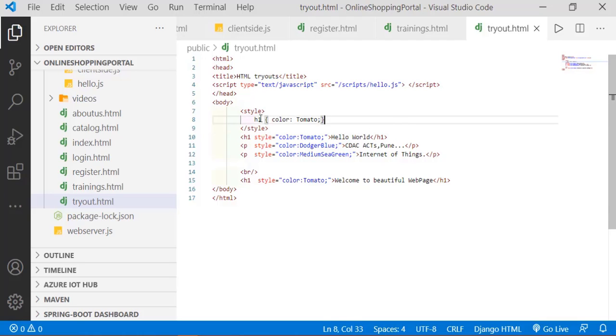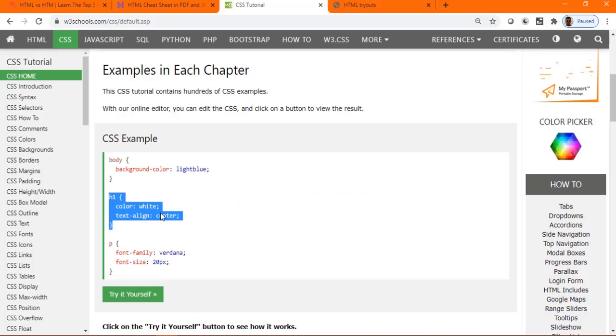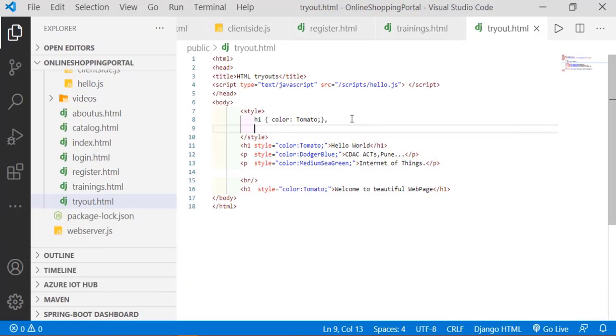Now if I have written the style here, can I also do the same thing for my paragraph? Can I go back and do one more thing here? I can write a comma here, and write one more thing. What is that? As we have seen under this particular form, you say paragraph, and for that paragraph you define how you want the data to be presented. So I want to apply it to paragraph. I just write P, not this, just paragraph P. And when I get the P, what do you want to do for the paragraph?